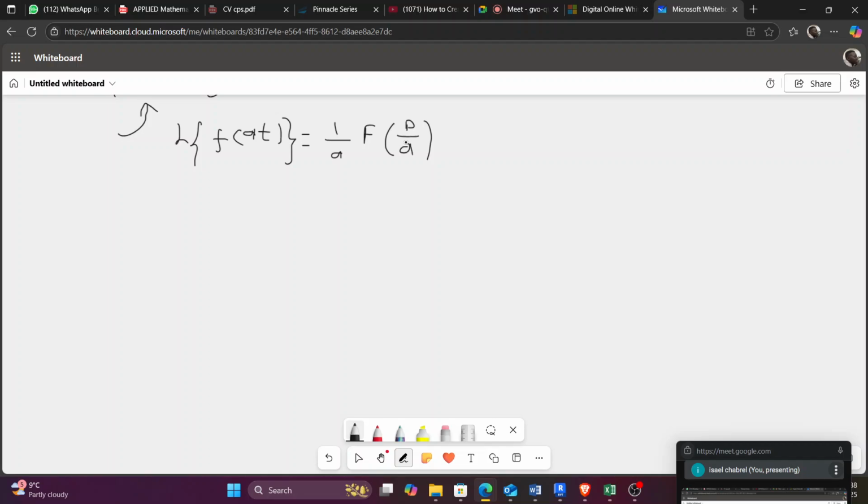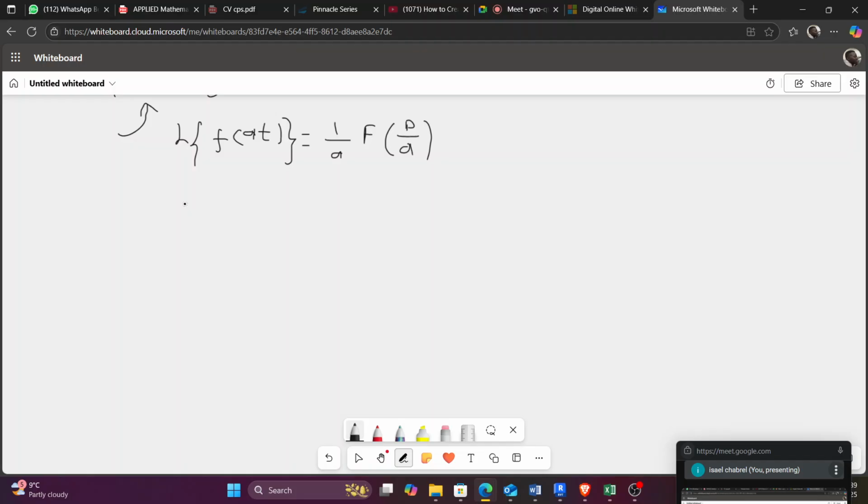Make sure that you read. If they say solve Laplace, you know you pick the formula. But if they ask you to use a specific, let's say, translation property or scale property, then you know that you have to solve this by going this way. I hope it's making sense.